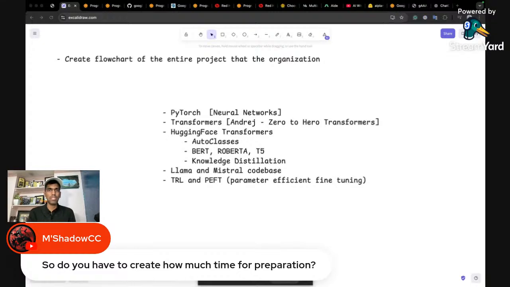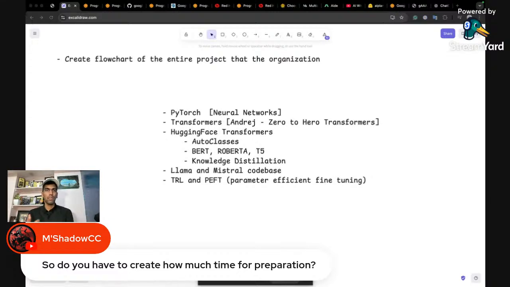Usually the contribution starts from April and May. So you have 4 months in time. 3 months you can dedicate to contributing to some open source repository. 3 months you can contribute to the existing Google Summer of Code project that you will be selected for. So that way you'll have 6 months in hand.